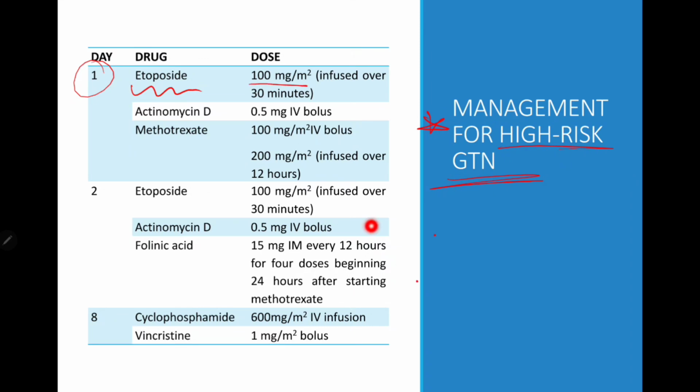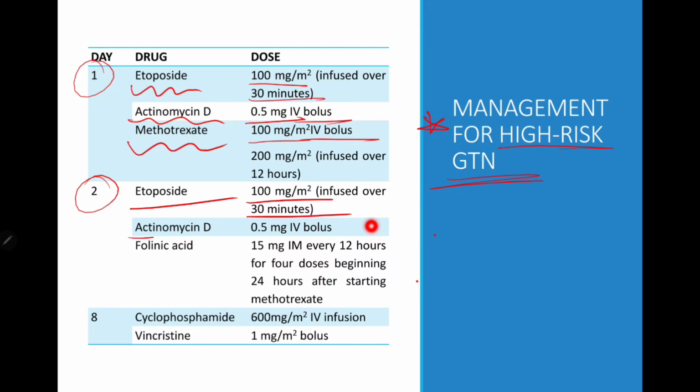Etoposide is 100 mg per meter square infused over 30 minutes. Actinomycin D is 0.5 mg IV bolus. Methotrexate 100 mg per meter square IV bolus. And on day 2 I am going to give etoposide 100 mg per meter square infused over 30 minutes. Actinomycin D is 0.5 mg IV bolus. And instead of methotrexate, I will be giving